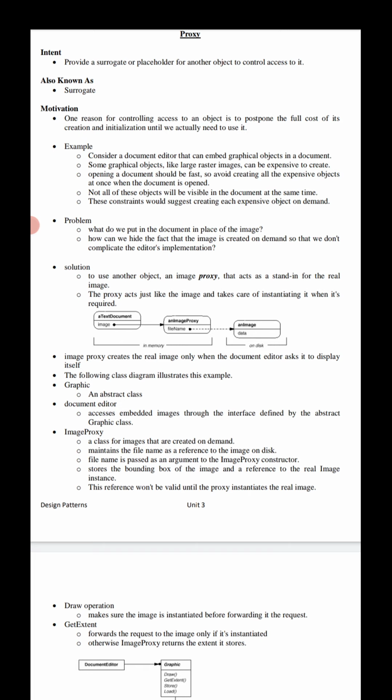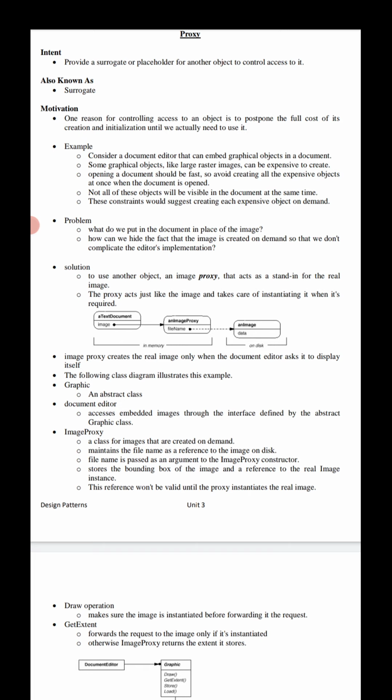Based on these conditions, it would suggest creating each expensive object on demand. What is the problem here?